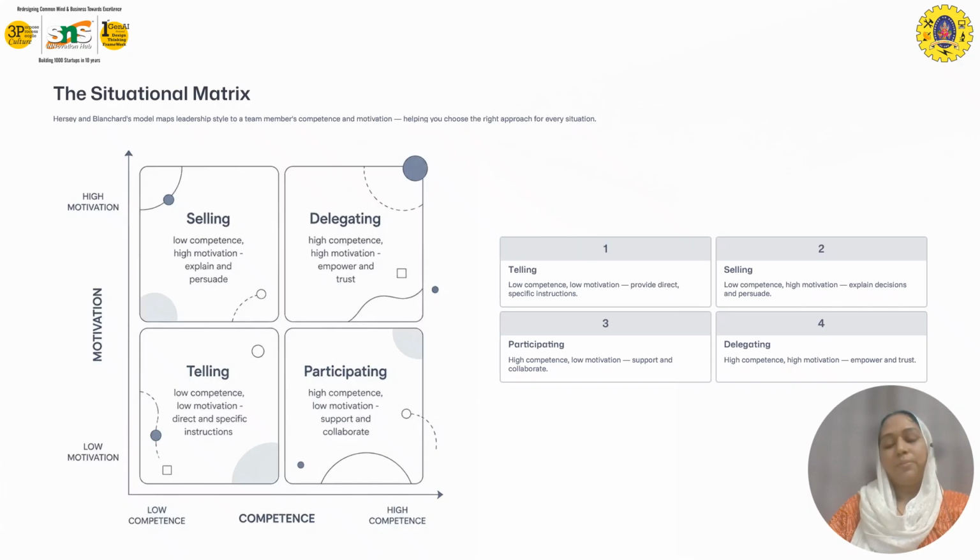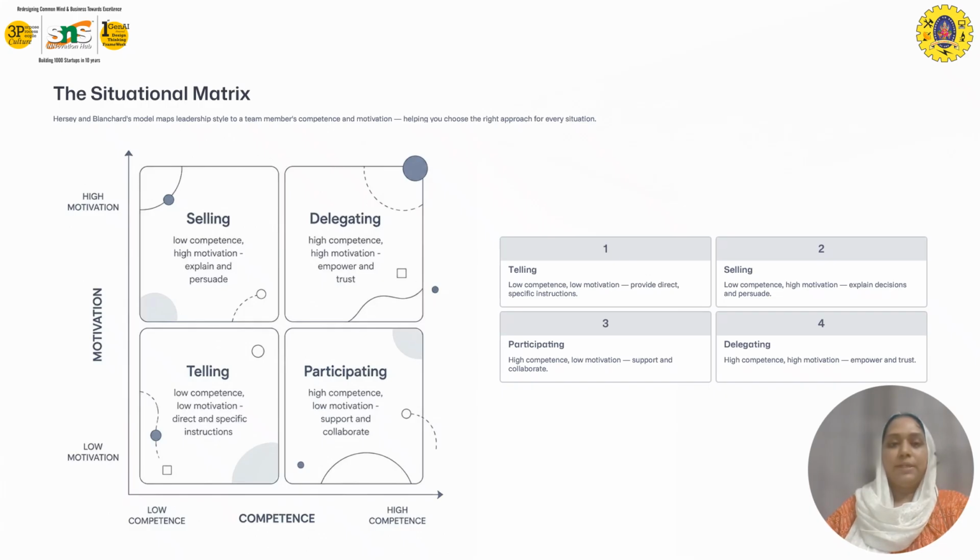They have high competency, but they don't have the interest in the work. Every time we have to motivate them to achieve things. That is what we call participating. So we, as a team lead, will tell them, okay, come, let's work together. That type of approach we call participating. And then the next approach is high motivation and